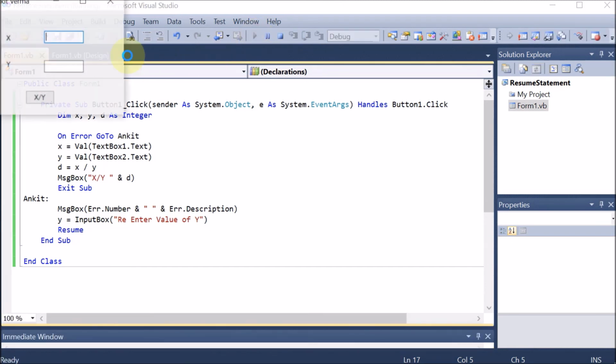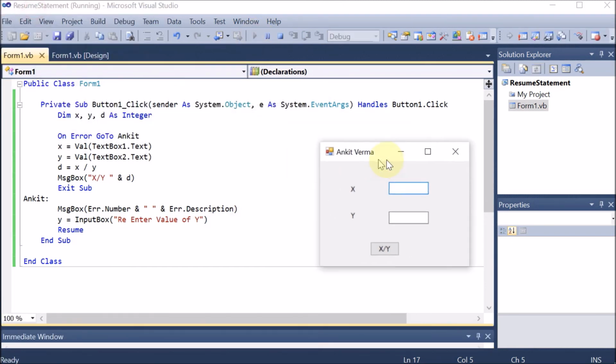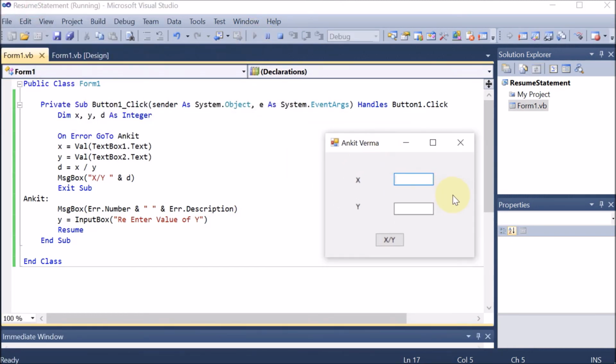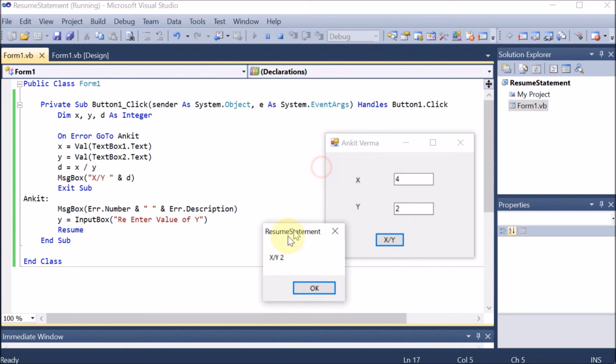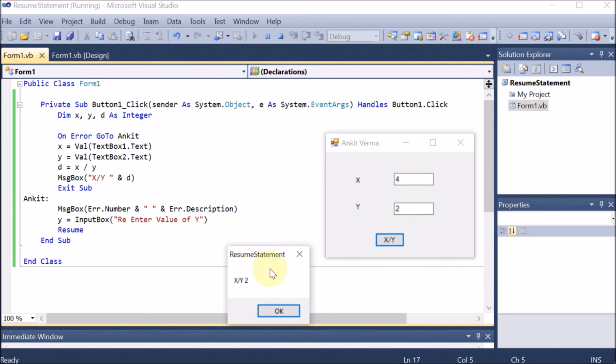Now we are running this program. So clicking that, afterward we will run this program in two passes. Number one, we are giving the value 4 by 2. Now 4 by 2 is perfectly fine. So click over there. We are understanding the program one more time. So here, if I click on the button, this code will execute. X, Y, and D integer type variables are declared. On Error GoTo this label. So only when the error or the exception is encountered here, then only it goes to this label.